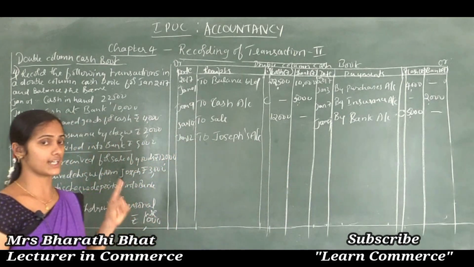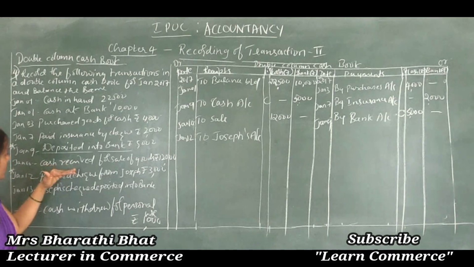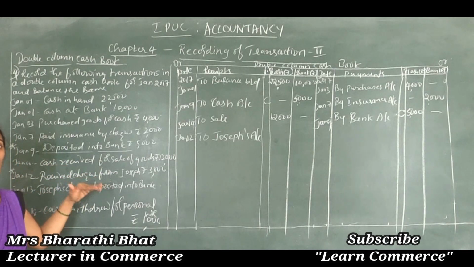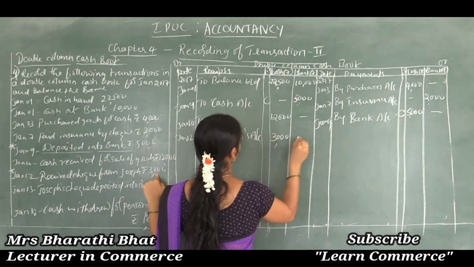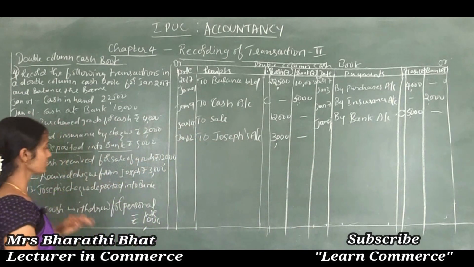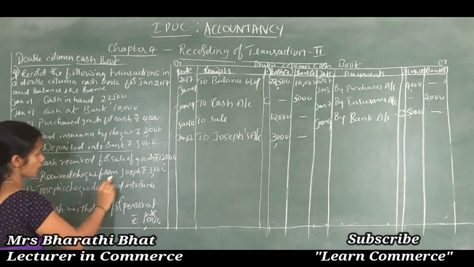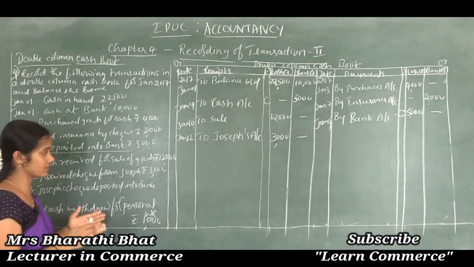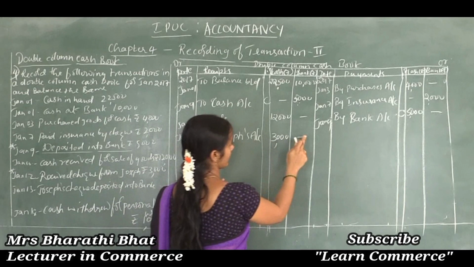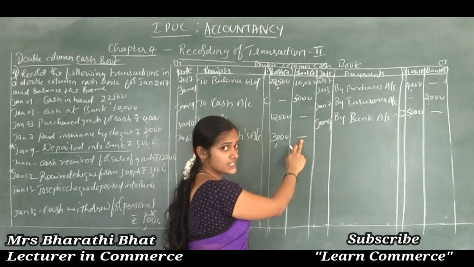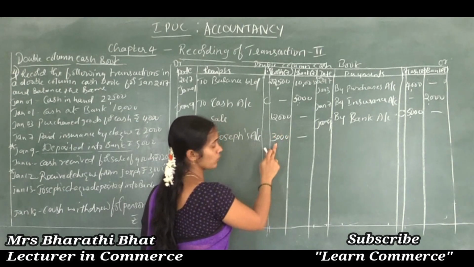We can't record that amount in the bank column because here they didn't specify that the check was deposited on the same day. That's why that amount must be recorded under the cash column, not under the bank column. If the transaction had said it was deposited into the bank the same day, then we could consider Joseph's account and record this amount under the bank column. Otherwise we can't record that amount in the bank column, so just record the amount in the cash column.